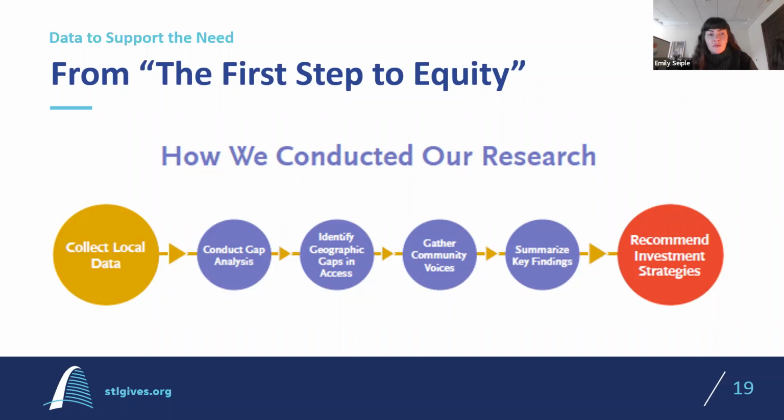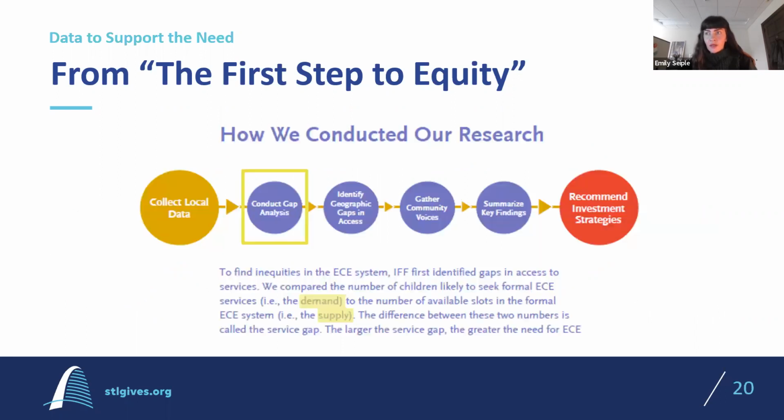And so then moving on from that local data, I'm going to dig into this gap analysis, because as Elizabeth opened us up with, looking at who's asking and demonstrating need for services versus what's available is a really key place you could dig into with a needs assessment. And so that gap analysis, in their example, they were using some census information to determine how many children likely need formal early childhood education. And then they were seeing how many seats or slots are available in this system. And that gap is the gap analysis.